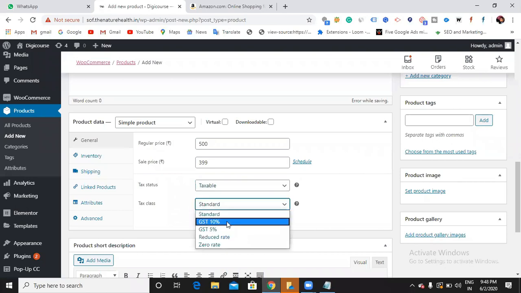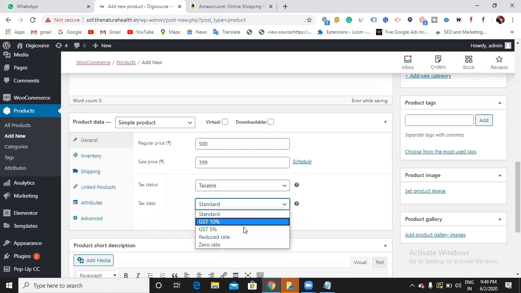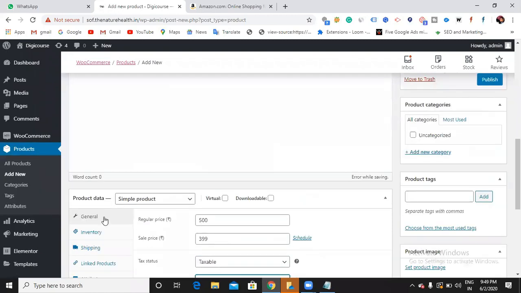Tax classes. Can you see now? What are these? GST 10%, GST 5%. Do you remember? Where did these GST 10% and 5% taxes come from? We instructed that earlier. We already created some taxes, right? So what is the tax rate for this product? If it is 5% or else 10%, however many taxes you have, that many will show up here. If you don't want to show any taxes, just go with none. That's right. If you want to have some taxes, just choose it. Okay, let me go with the 5%. Right. And this is the general tab.